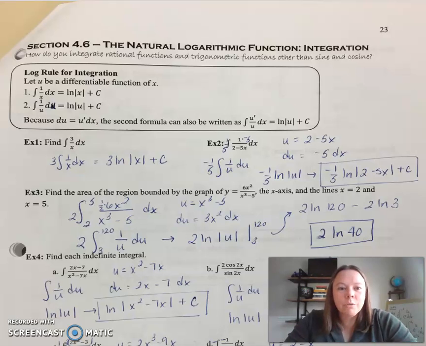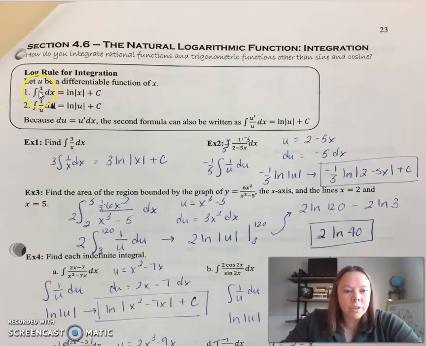Hello, this is section 4.6 for Calc AB, and we'll be talking about the natural logarithmic function integration. So the whole idea is to watch out for this 1 over x. All right, and it's really easy to identify because if you were to try to move the x up and